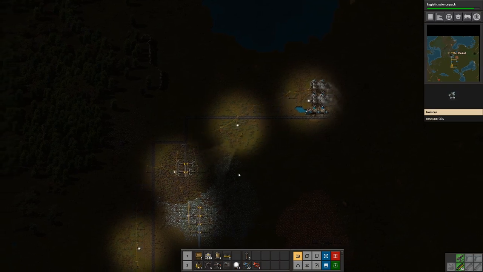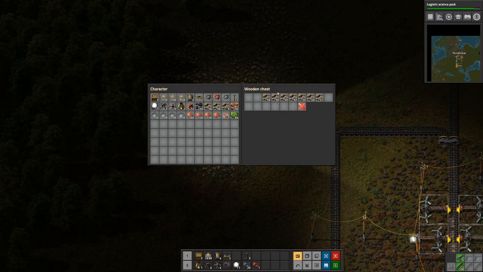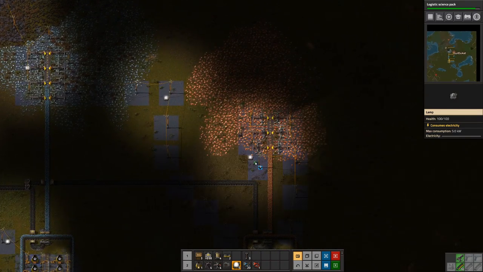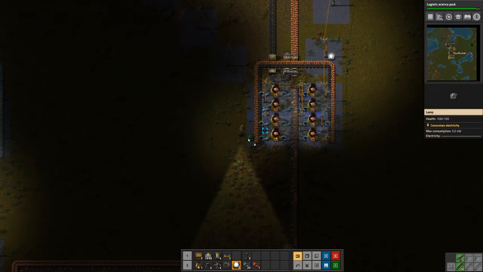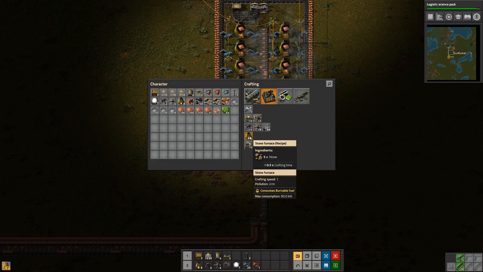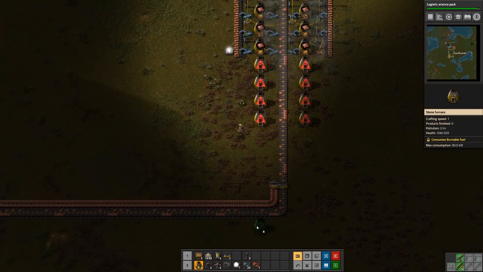Everything power-wise seems to be doing okay so far. Eventually, I'll need to automate my stone mining for concrete. But for now, it's fine. Put that there. Get lit. Gonna get lit up in here a little bit. Yeah, that'll be fine. So I have 8 right now. I'll add another 8. 2, 3, 4. And then...